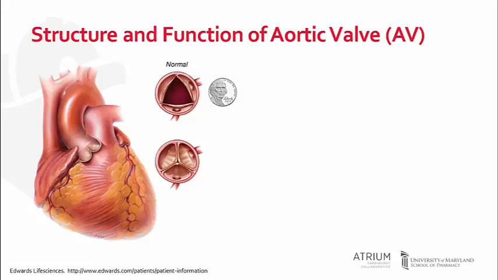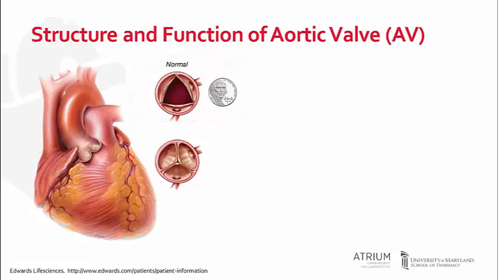In order to truly appreciate the clinical implications of AS, it's important to have a good understanding of the anatomy and physiology of the aortic valve, or AV. The AV is a semilunar tricuspid valve that separates the left ventricle and the aorta from each other. As depicted here, the size of the aortic valve is comparable to that of a quarter. When the valve is open, the orifice area is approximately the size of a nickel, or 3 to 4 centimeters